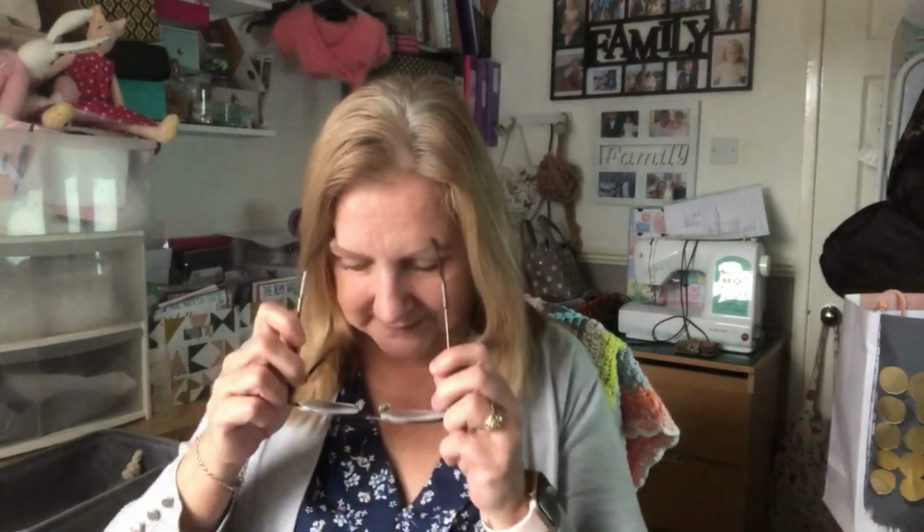So anyway, I've had a bit of happy mail, and that's cheered me up as well. I'm just going to open it, hopefully without cutting into anything. That's always the worry, isn't it? I better put my glasses on for this. Right, and this is the spotty bag. So this is the Mandy Shaw